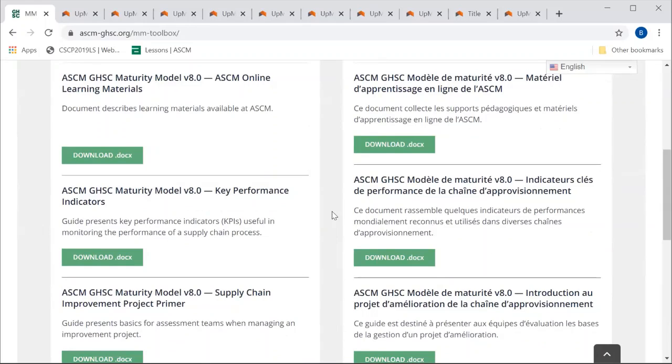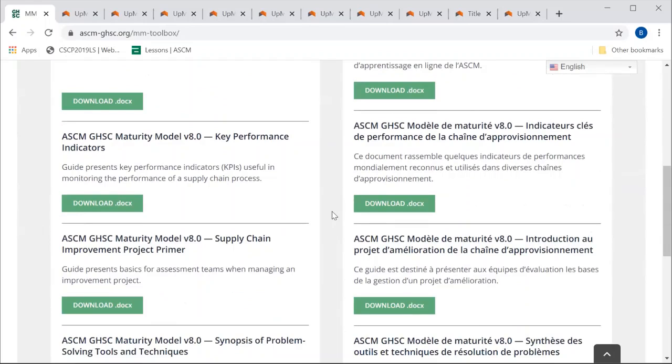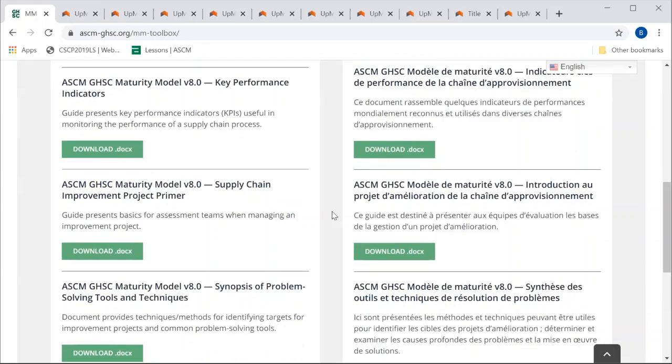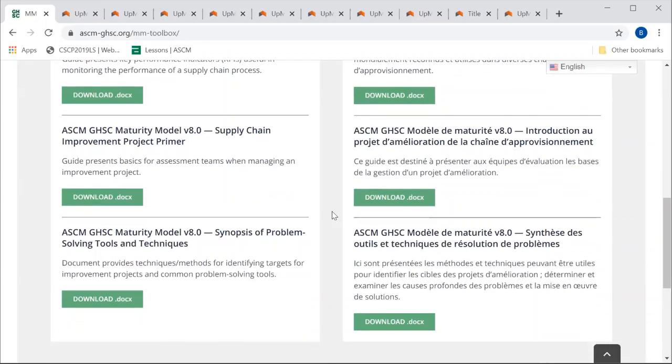We also have key performance indicators. These are useful guides for you to set up indicators in order to measure your performance after you've developed an improvement plan. We also have an improvement plan primer. This is just for assessment teams when managing their improvement projects, so you have timelines to guide on how to do that. We have a synopsis of problem-solving tools.